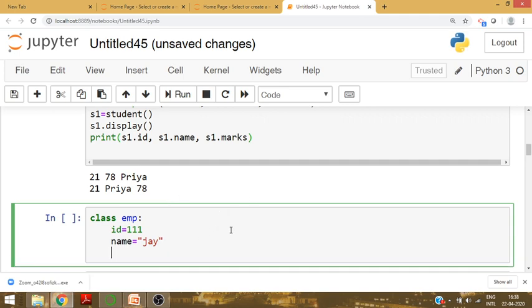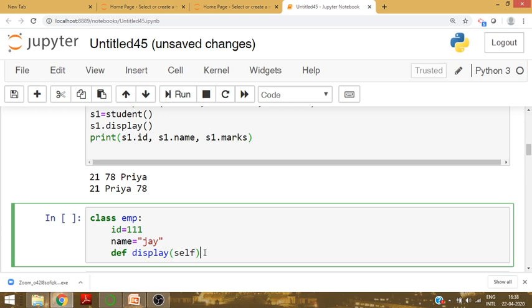Class is data members and a function. How to write a function? By using keyword def, name of the function. Suppose the name of the function is display, and the first compulsory parameter of any function inside a class is self.